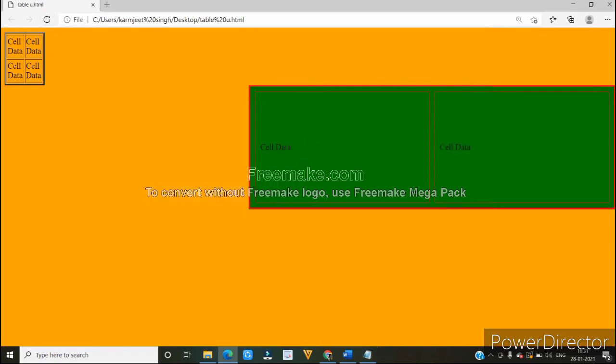You can see that the space between the content and the border is decreased. Earlier the content was written somewhat here, but now I have decreased the cell padding, so the content reaches near the border. It means that cell padding provides the space between the content and the border.